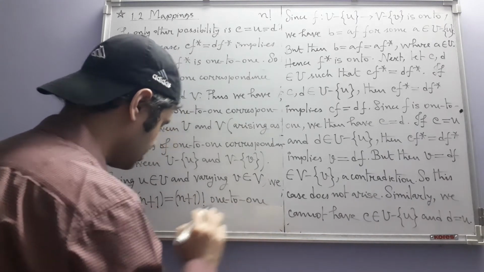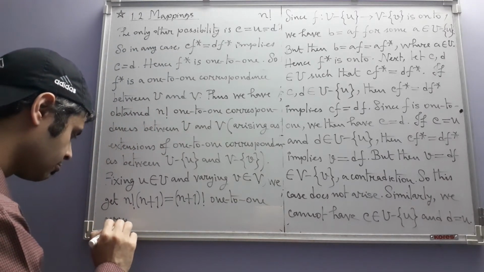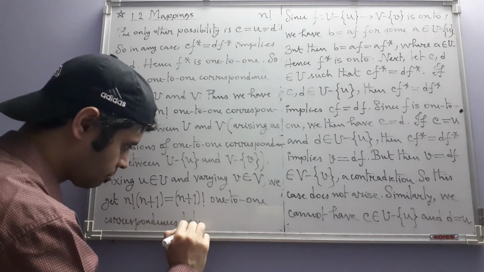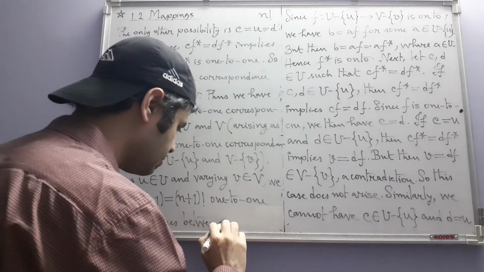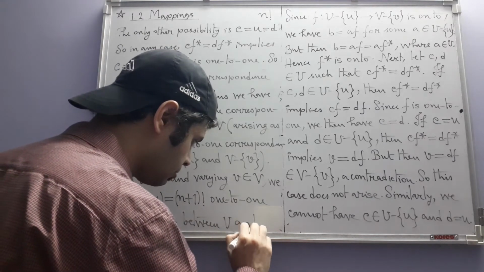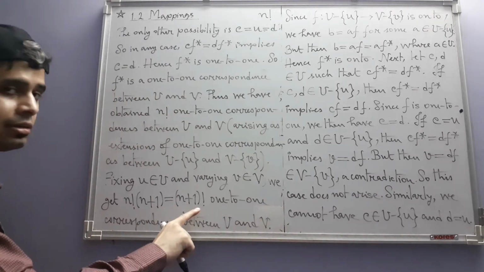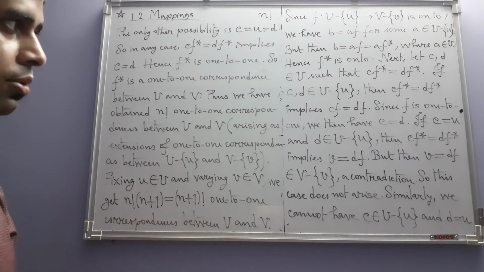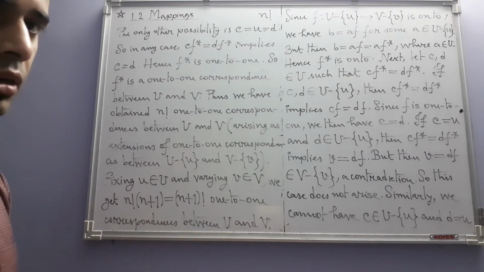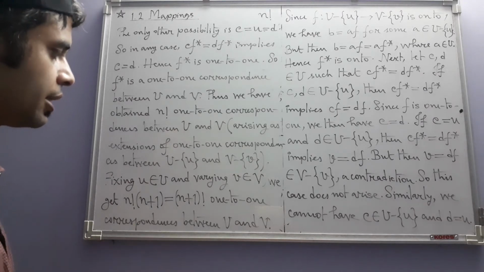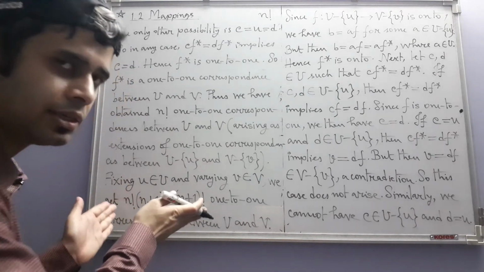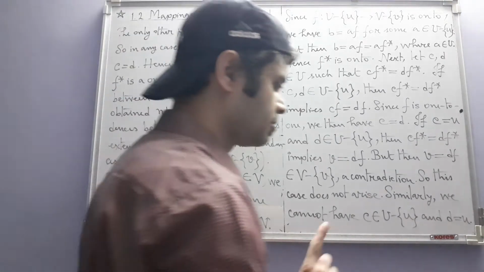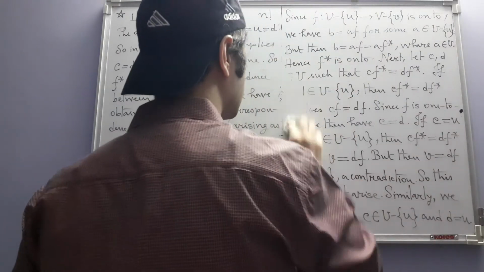one-to-one correspondences between U and V. Note that we have already reached the number that we need, n plus 1 factorial, but can there be more? If there is more, then our induction fails. We have to now make sure that whatever functions we have obtained here, namely this many, are actually all the one-to-one correspondences. So for that we argue like this.